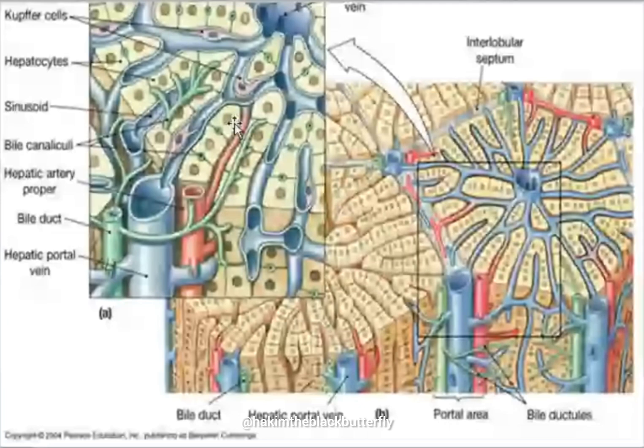Now, this space of Disse, apart from acting as a medium where substances cross,